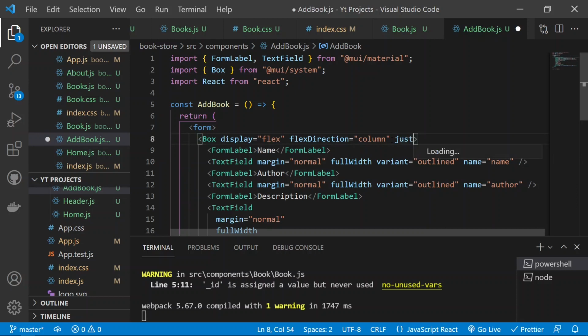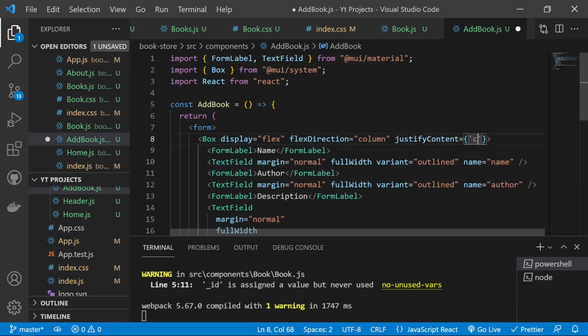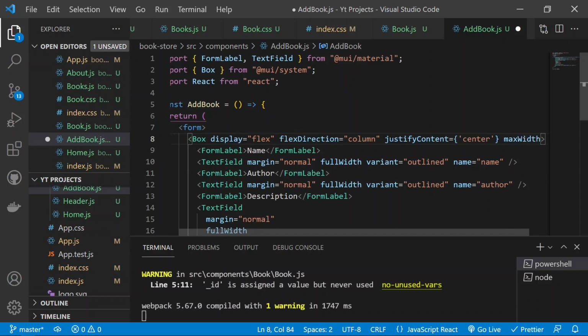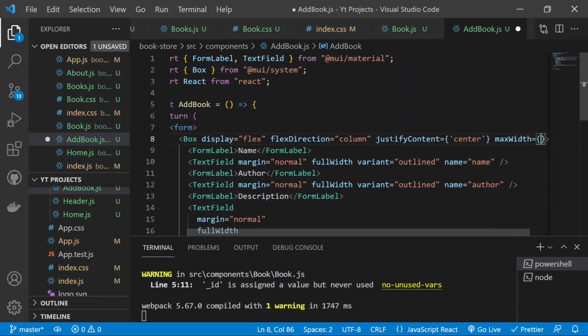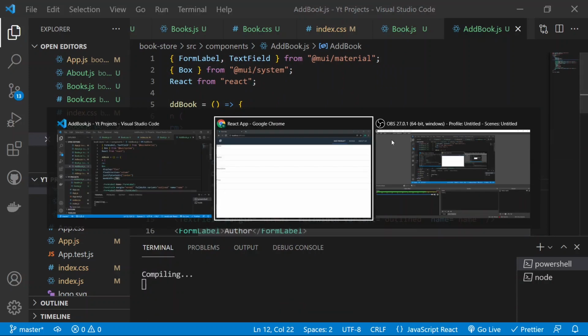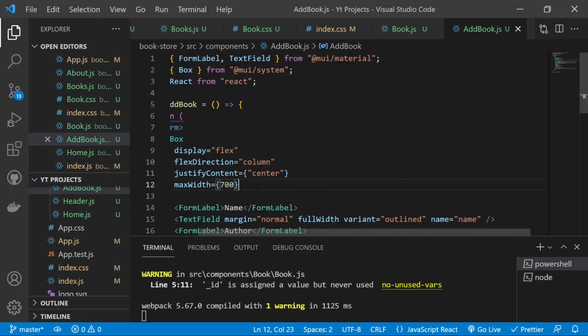So the justify content will be over there, and it will be the center, and then it will contain a max width, which is the maximum width available to this box. So the max width can be equal to like 700 on the screen. If I now save, then we should see the max width of 700. So now you will see the max width is now 700, and then we can align some more things